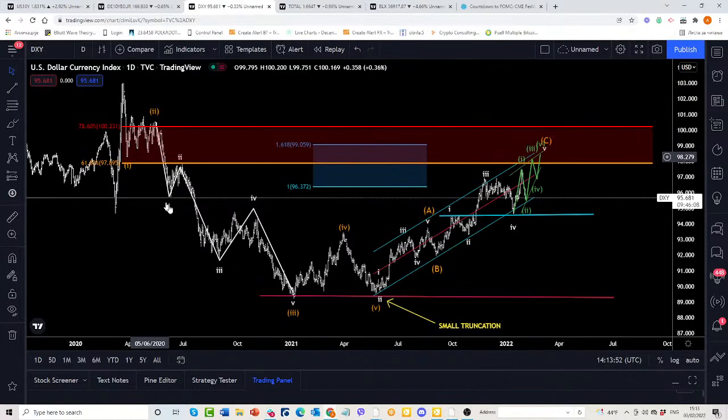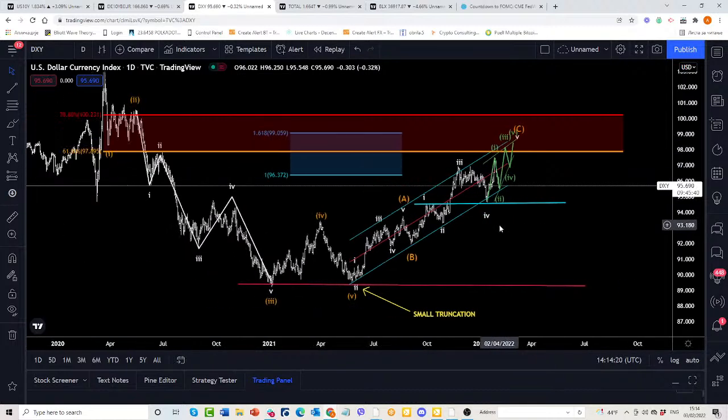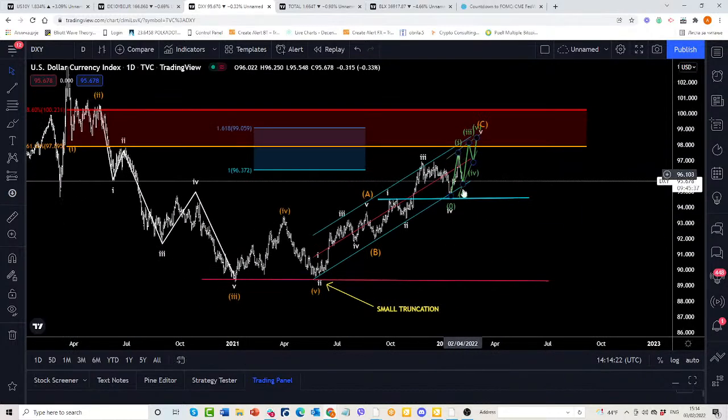So we count this as a 1-2, down in 3, 4, and a small truncation in a wave 5. Then we have seen 5 waves up in A, down in B, and currently we are looking at this as a potential 1-2 up in 3, 4 without a very important rule. Wave count invalidation was not breached here, and we have seen 3 waves so far. So I think we are going to see some type of an ending diagonal, and ending diagonals are patterns which are marked with 3 waves in every leg with the following corrections. And there are a couple of rules in this